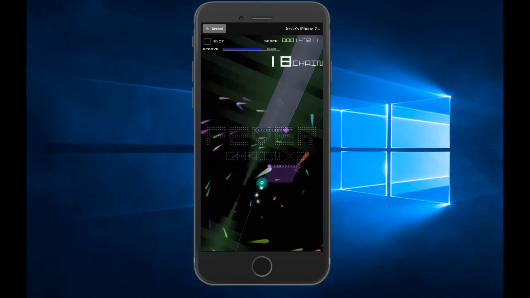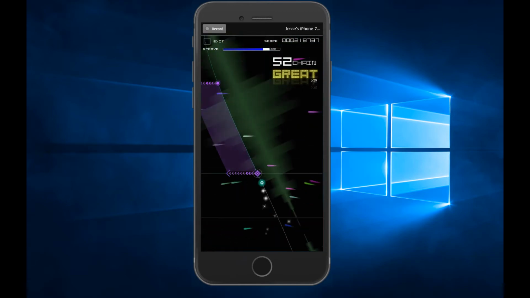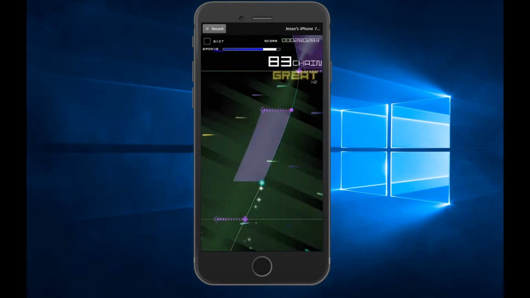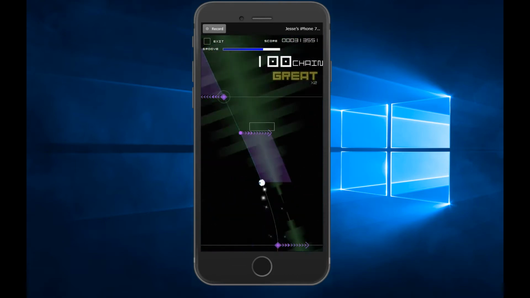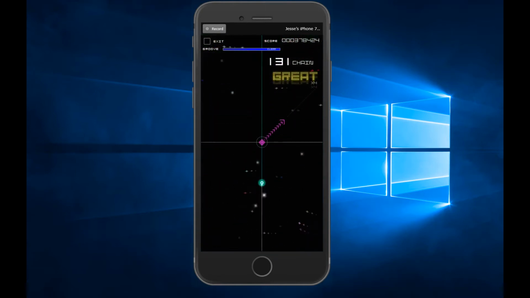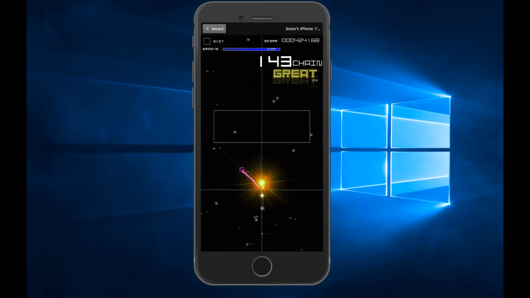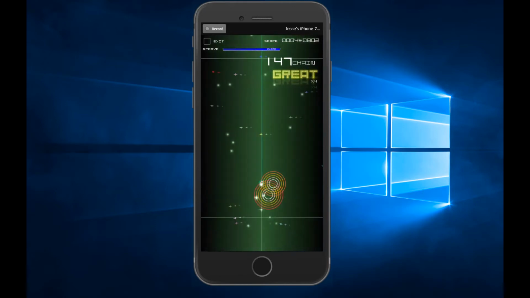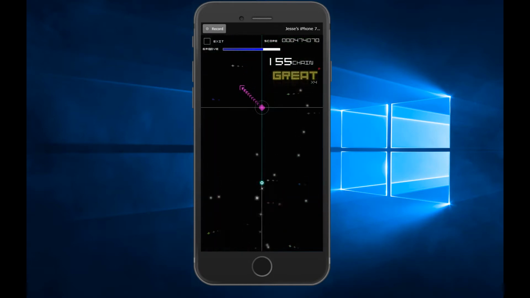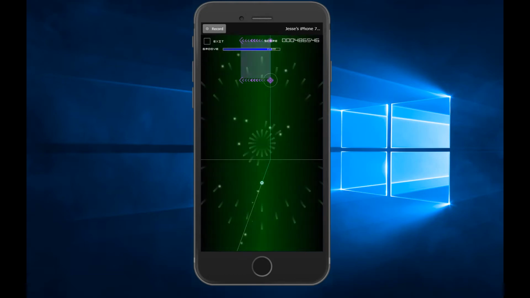Oh yeah, okay, this is the one I wanted to show, one of them. So this one I have to tap and drag to the left or right and hold. This I thought was kind of cool. I like this one. Okay, then I gotta swipe up and to the right, swipe up and to the right, up and to the left, up and to the right, up and to the right. And again, if you're listening to the music and I'm seeing this, you can kind of tell, oh shoot, I didn't hold it.